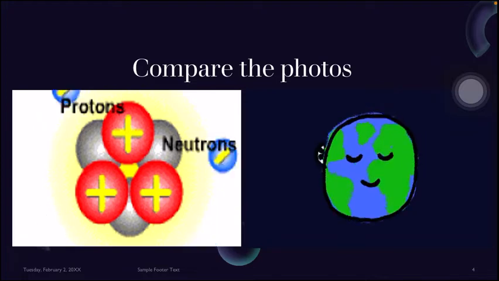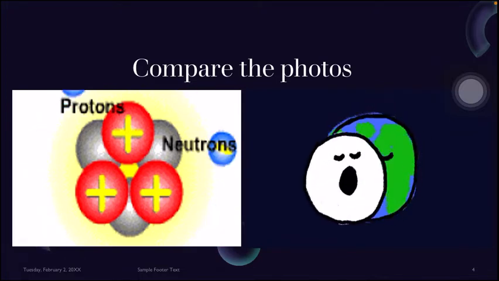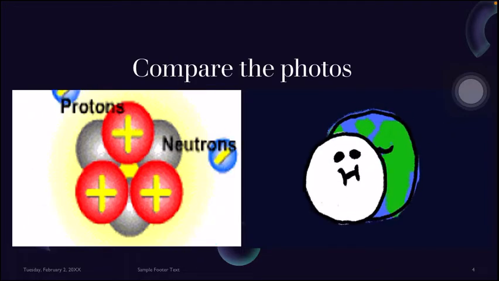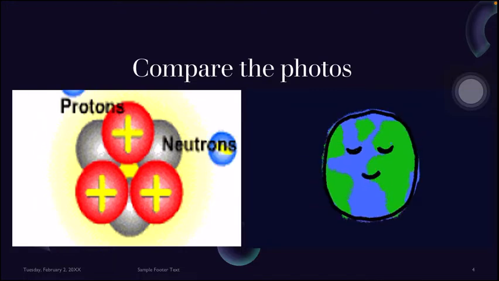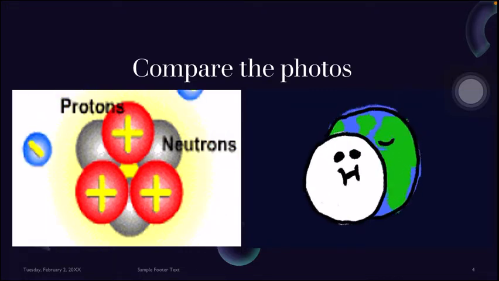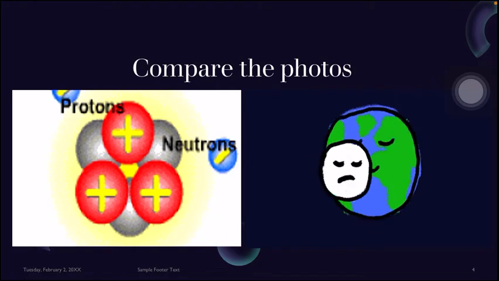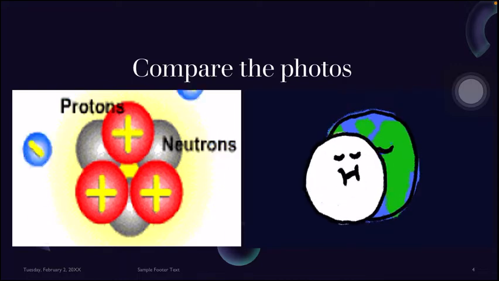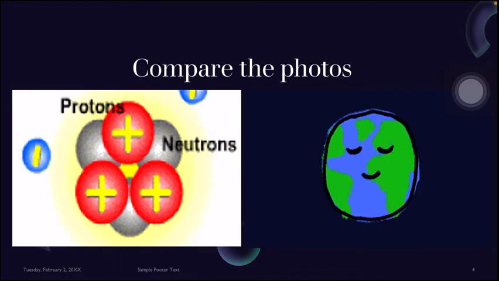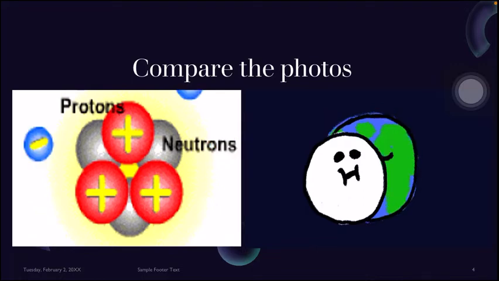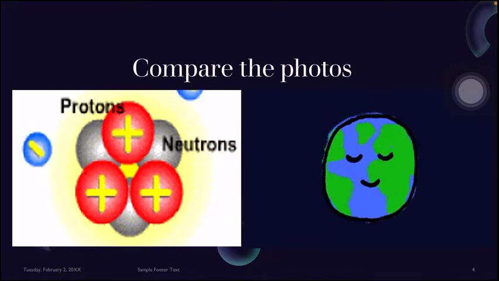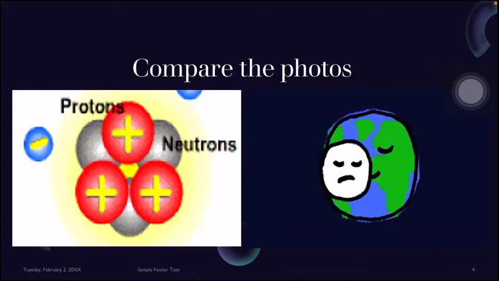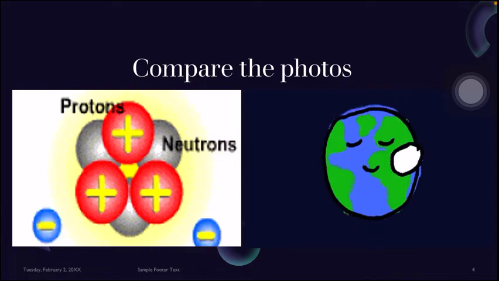Okay, so on the image of the atom, you recognize that you have this red and gray ball clumped together, and you also see that yellow outlining around them, and you also see these blue balls rotating around the red and gray ball in a similar way as the earth rotates around the sun, or as in this image, the moon rotating around the earth. Right? So these blue balls that are rotating around